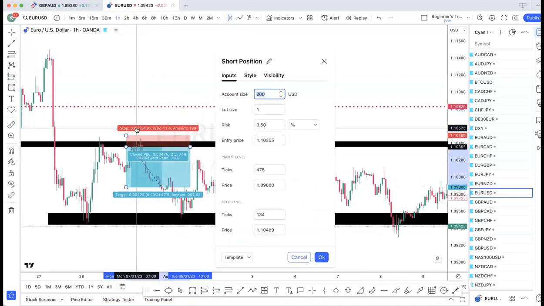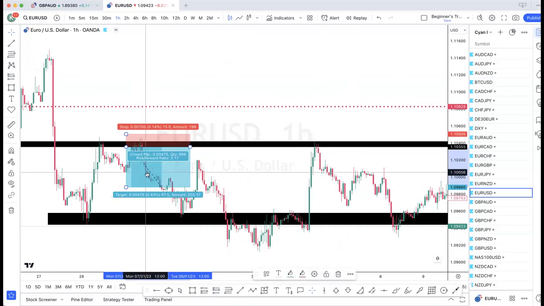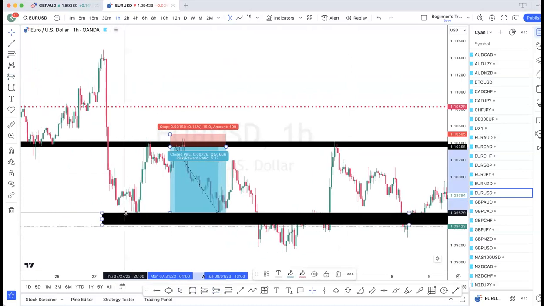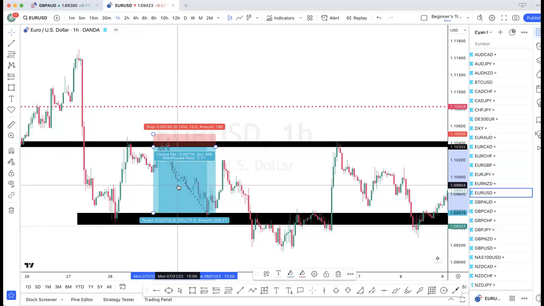At the top, that's 15 pips. I would probably do 20 to be on the safe side, but I will round it up and then take it to the next zone. How many is that? It's only 77 pips. Only? That's a lot. I'm messing with you. It's 77 pips